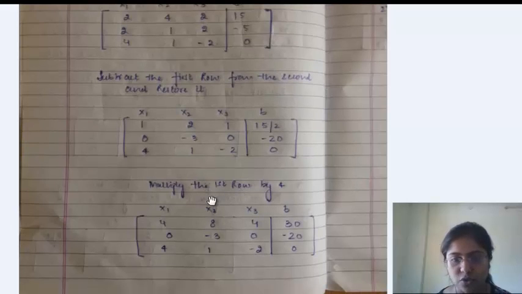So by doing this, we get this kind of a matrix. Then we subtract the first row from the second and restore it. So by doing this, we get this kind of a matrix. The values are here, and then we multiply the first row by 4. So by doing this, the matrix that we are getting is this,